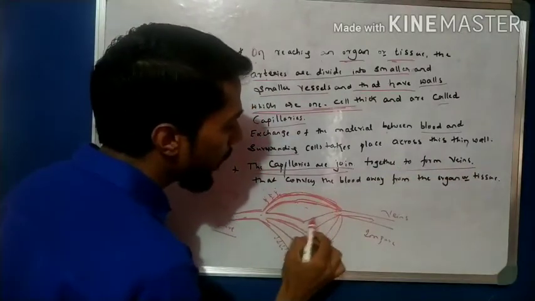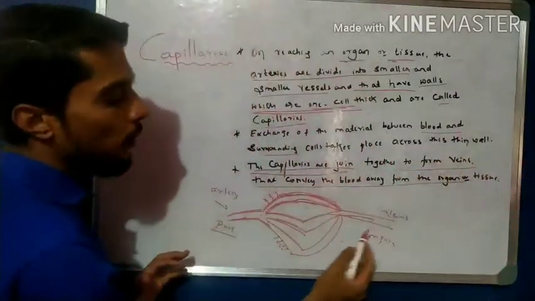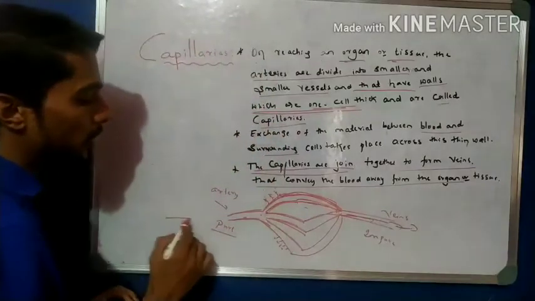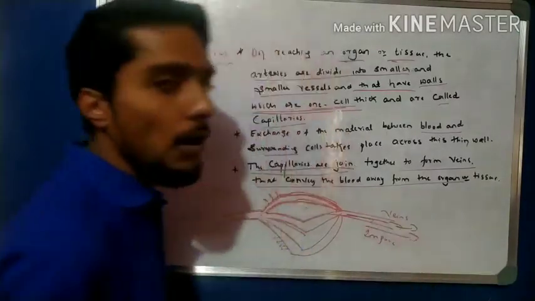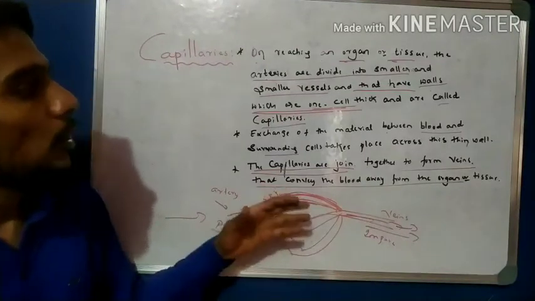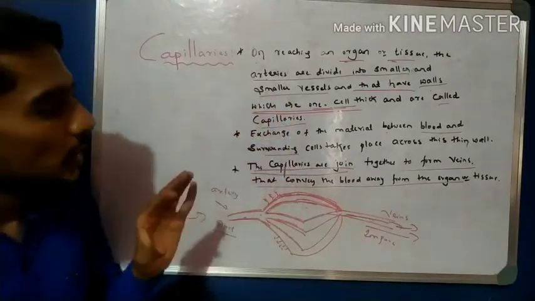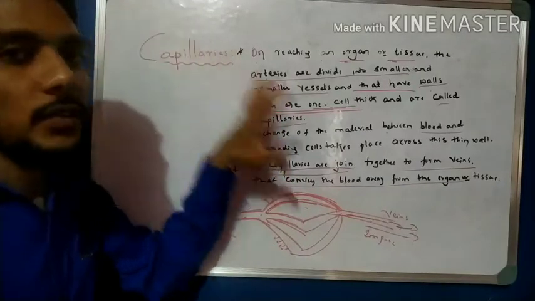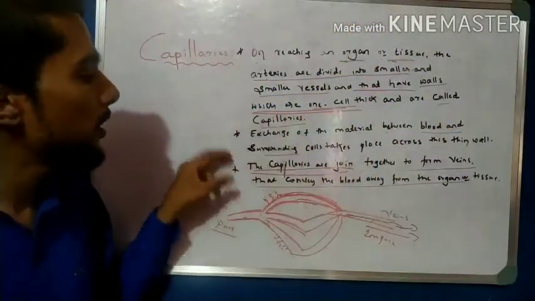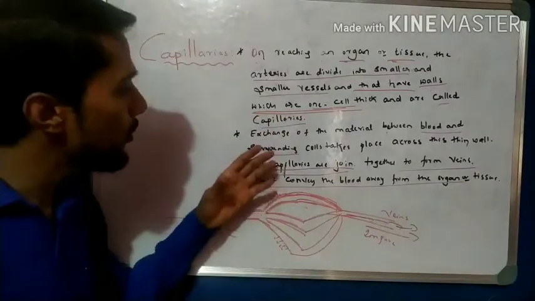Okay, these capillaries again join together, they form the veins and convey the blood away from the organ. Blood enters into the organ through arteries, and it goes away from the organ by the veins. So that is what they do: they join together to form the veins. This is the simple short notes about the capillaries. In the examination, if asked what is a capillary, write its function. So you have to write what a capillary is and these 2 points as the function of capillaries. So write down these very important 3 points about the capillaries.